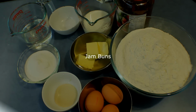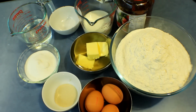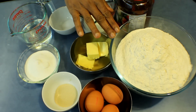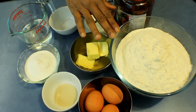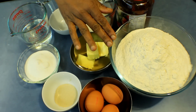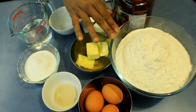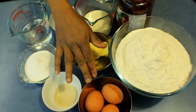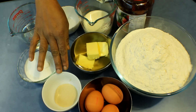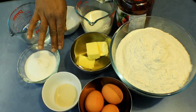I got several requests for jam buns or jam bread, so I thought of doing that recipe for you all. For that recipe, I have 1 kilogram of bread flour, but if you want to divide this into 3, 2 or 4, you can always divide this recipe, and 3 eggs, then 12 grams yeast, 75 grams butter, 150 grams